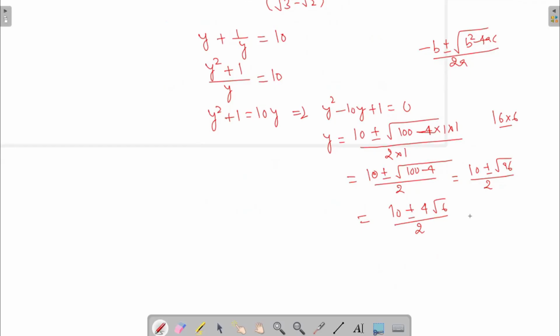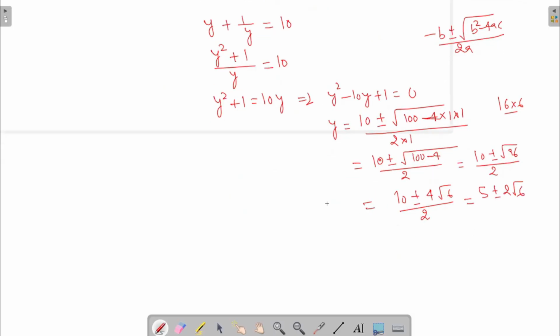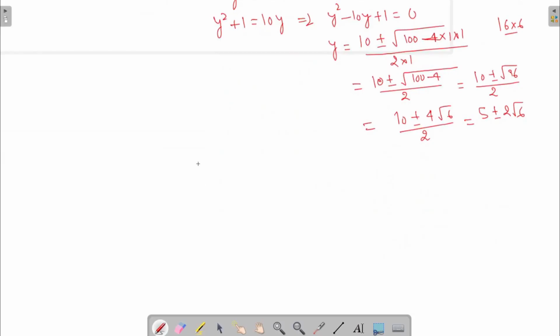Then I can take 2 common and divide it. Then this will become 5 plus minus 2 root 6. So what do we get? I get this y is actually equal to 5 plus minus 2 root 6. Now what was y? Y was nothing but